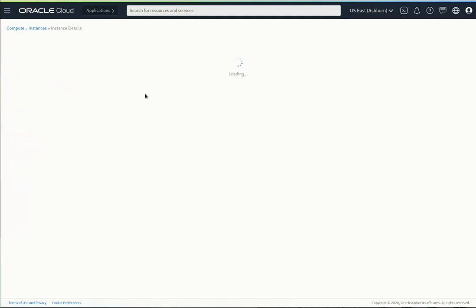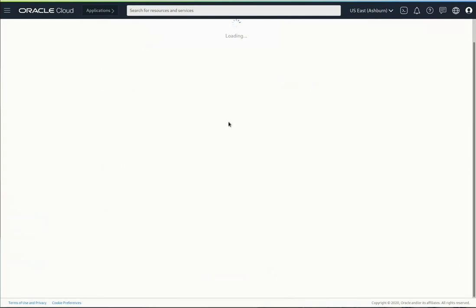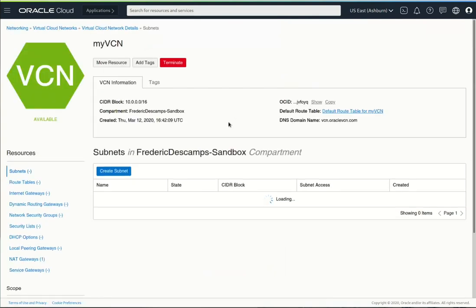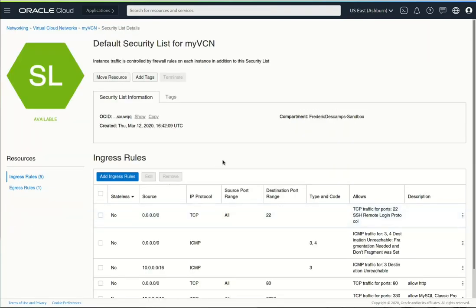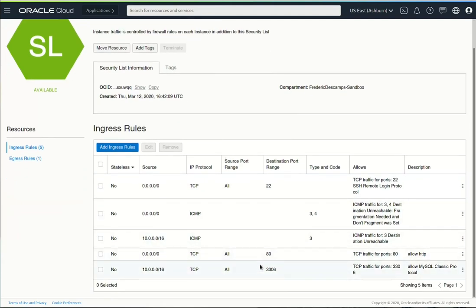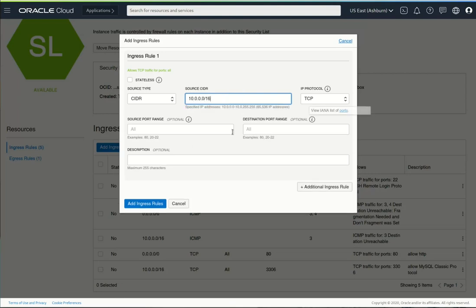So now the router is there. Let's have a look here to check. We also need to allow connections to it. So let's have a look in the private subnet. As you can see, 3306 is allowed, so we can connect to the MySQL standard protocol. But we will also allow the connection to the X protocol, and also, when we add extra instances, we will allow connections between the nodes for group replication. So 33060 is the X protocol,